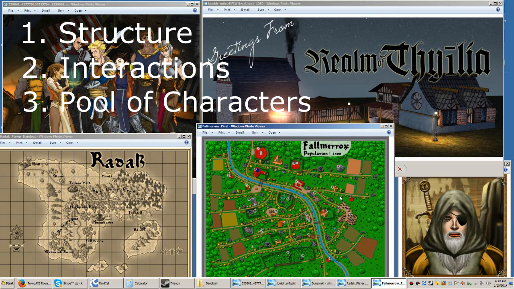Okay, so this character is going to be part of my story, so now I'm going to start fleshing them out. So a lot of times you're not going to use many of the characters, but it's going to make everything much, much easier if you have this active pool of characters already done.